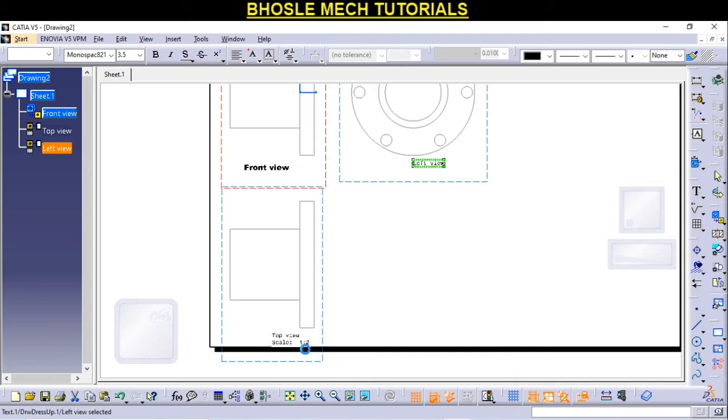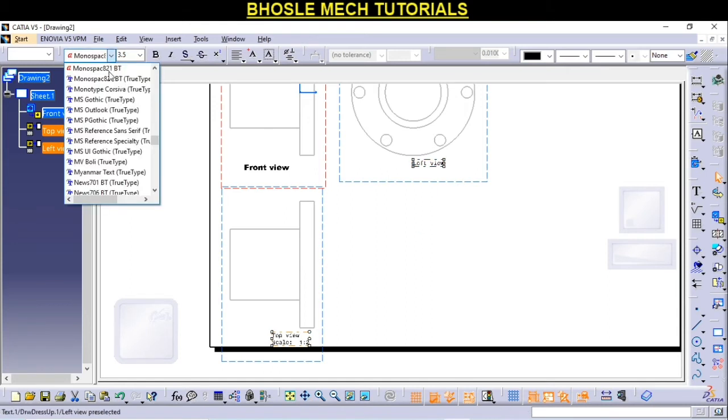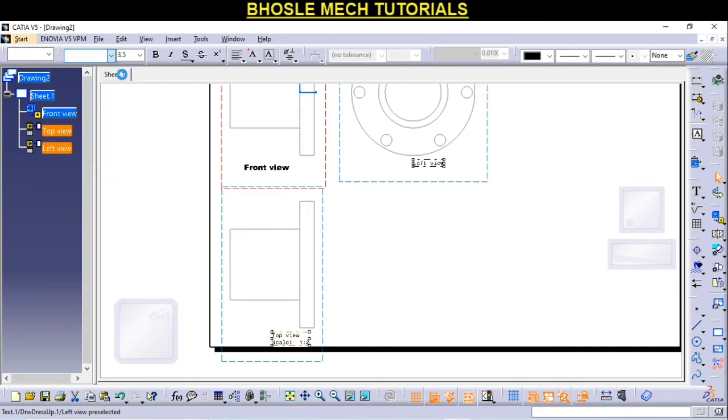Okay, and hold the control button and select these two boxes, and change the font and size.